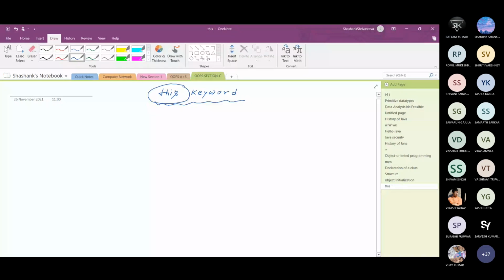In Java, this is a reference variable, and since this is a reference variable, it is used to refer to some object.